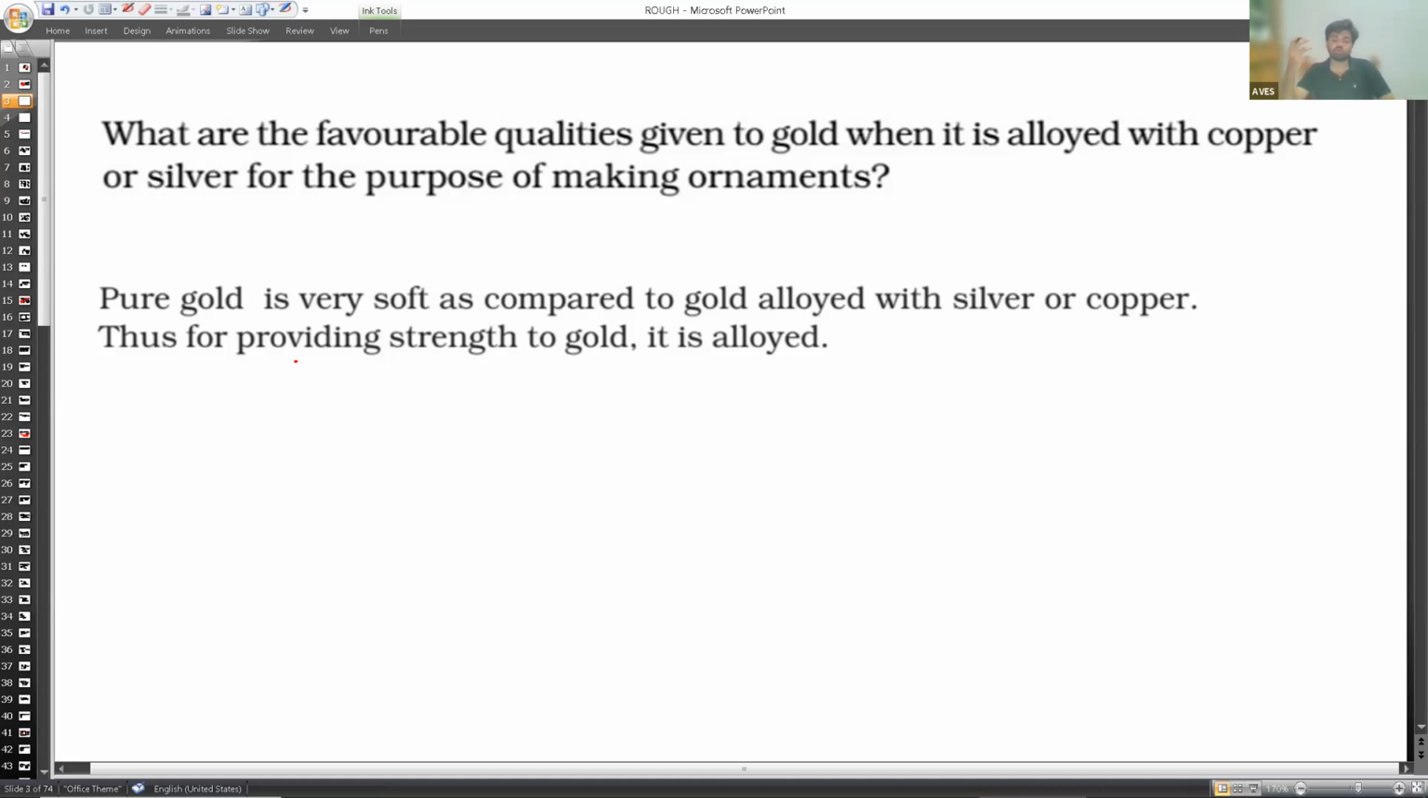What do you mean by sonorous and ductile? Tell me, what do you mean by sonorous and ductility? Sonorous means they make sound when they hit each other. Okay. And what is ductile? Sir, ductile, they can be,